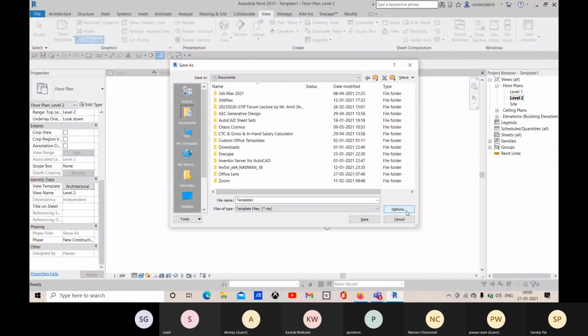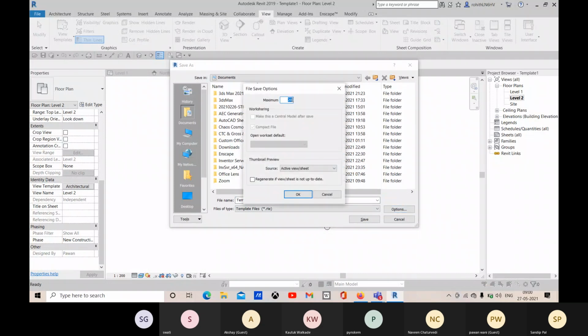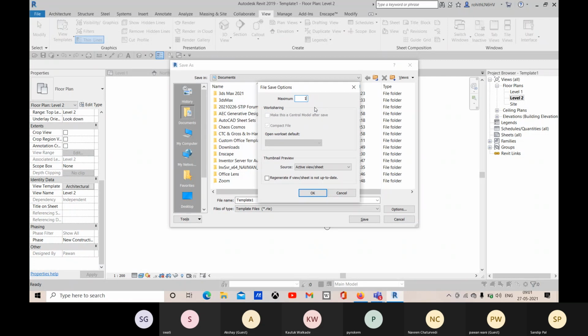And now just focus here on the options. So here the maximum backups will be 20 as the default condition. You have to give it 1, because that many backups are not needed. Only one backup is enough. If you need more, like 3 or 5, you can give that.